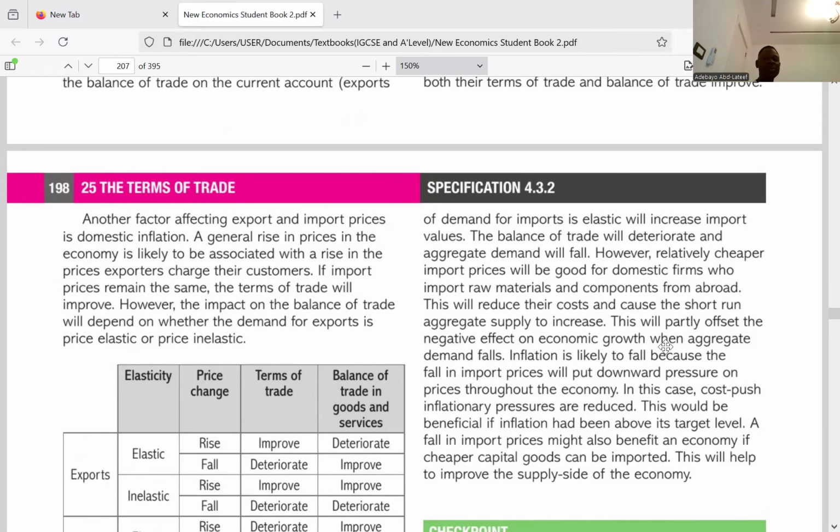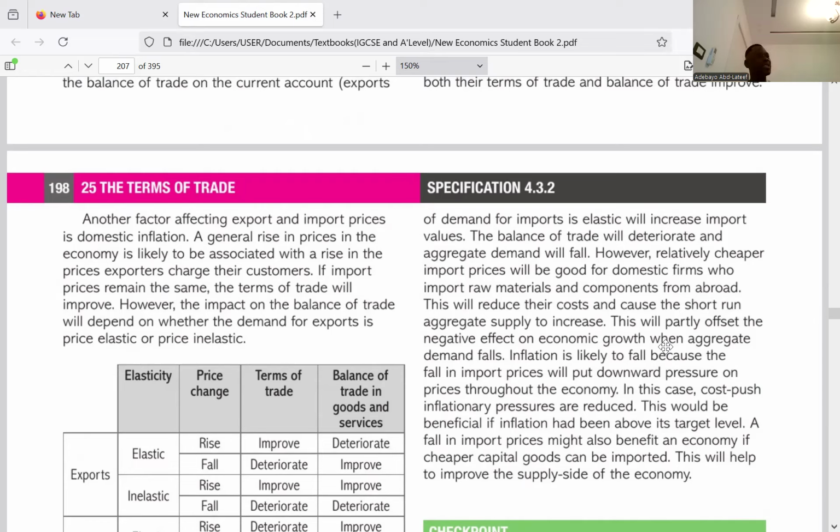A fall in import prices might also benefit an economy. If cheaper capital goods can be imported, this will help to improve the supply side of the economy. So a fall in the price of importation can also be beneficial even though it can deteriorate the balance of trade. It can also be beneficial, especially if the price of imported capital goods is reducing. So which simply means that if the cost of capital goods is reducing,